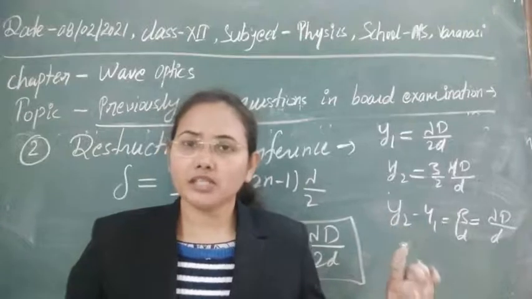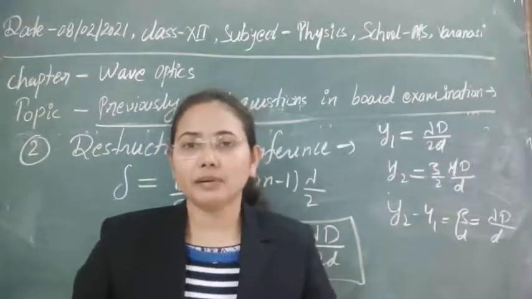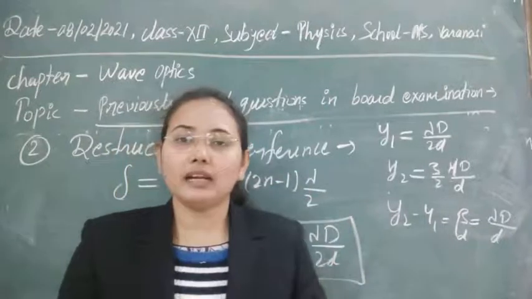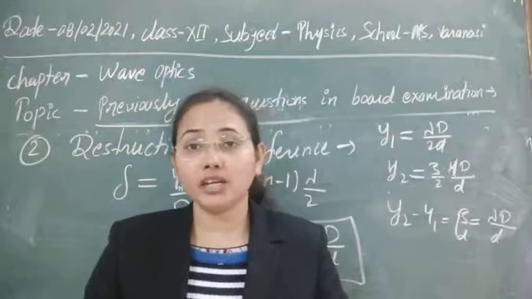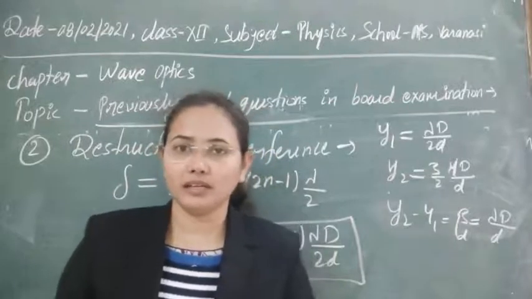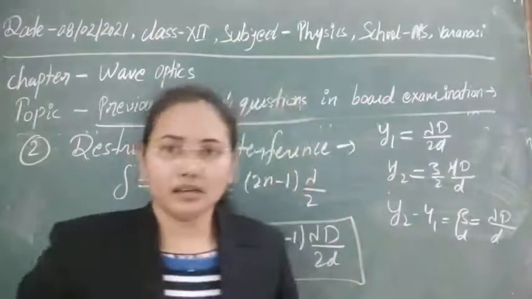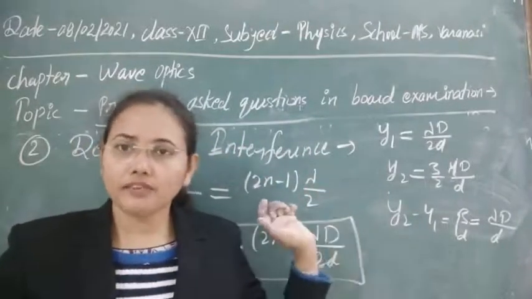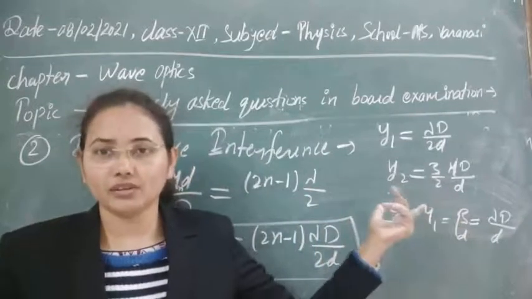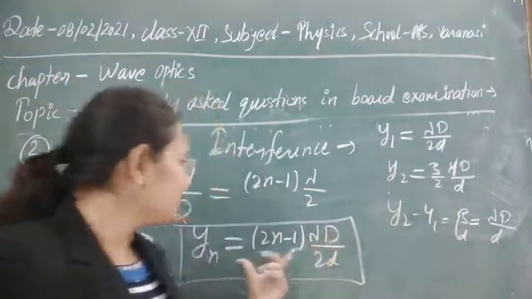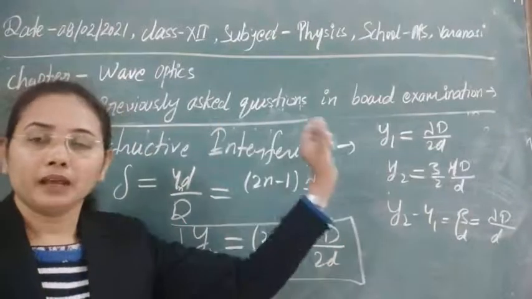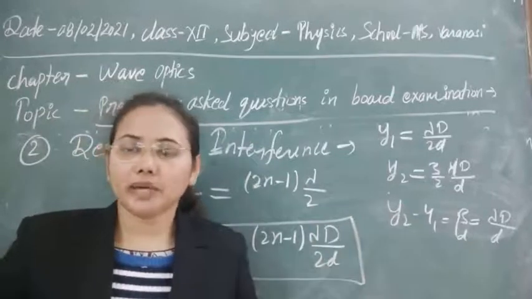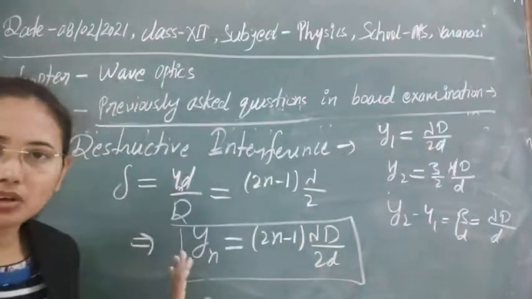The condition will change whenever we talk about the diffraction pattern. Here I am just telling you this case so that you can relate, or see the difference between interference and diffraction, and remember it. So I think this condition and its whole derivation, the derivation for fringe width, is very important and is asked often. Also, how to obtain the distance of any point of maximum intensity from the central bright fringe, this derivation we have also discussed.